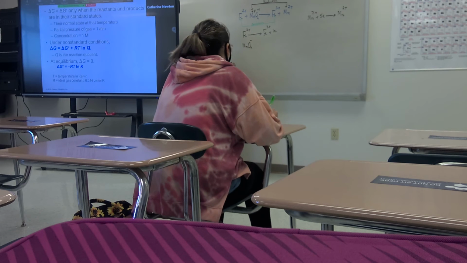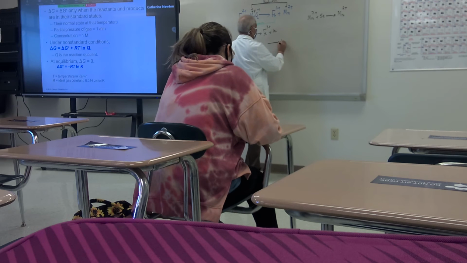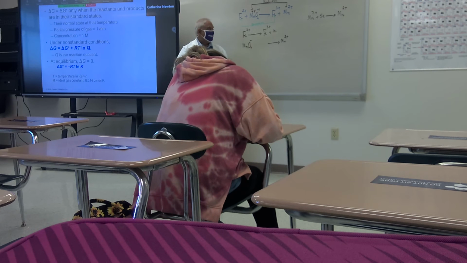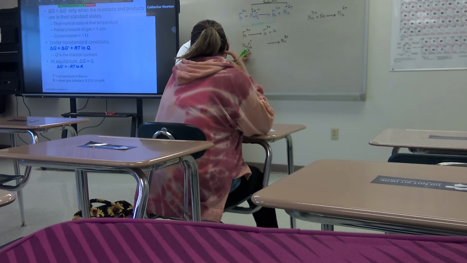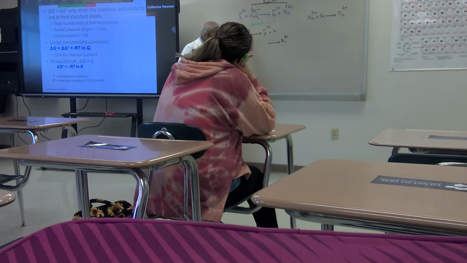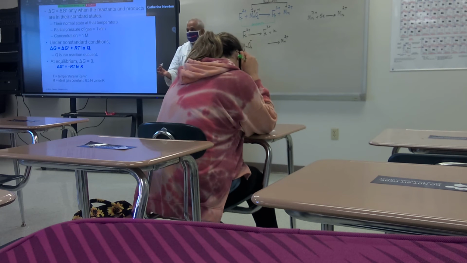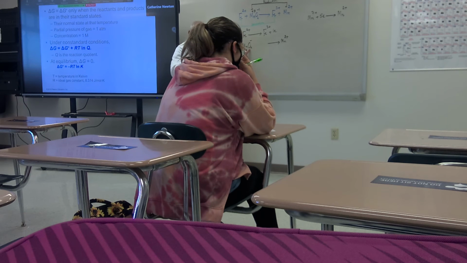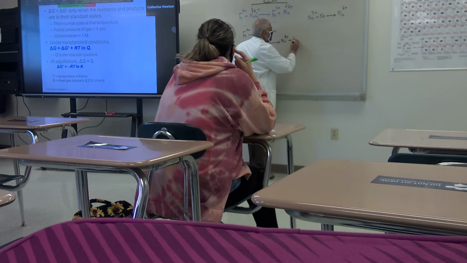MnO4-, correct? I am going to write here, leaving some space, arrow Mn2+. Agreed? Now I draw your attention here. On the left side, you have oxygen also. Mn is there on both sides, but oxygen is on the left side and you do not have oxygen on the right side, correct? You have to balance this equation. How do you balance that? Depending on the number of oxygen atoms, which is 4, put that many water molecules: 4H2O.